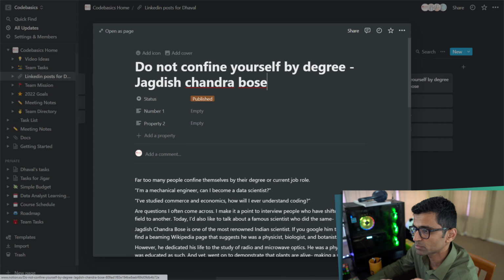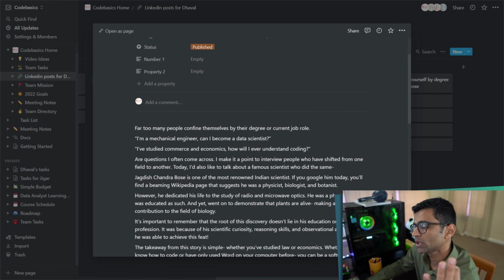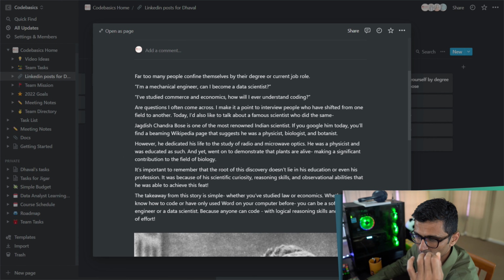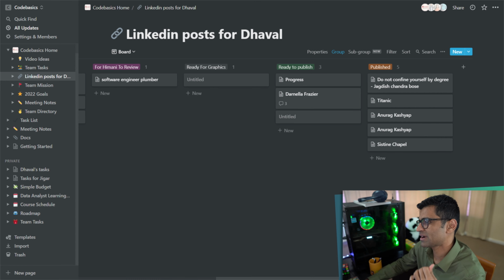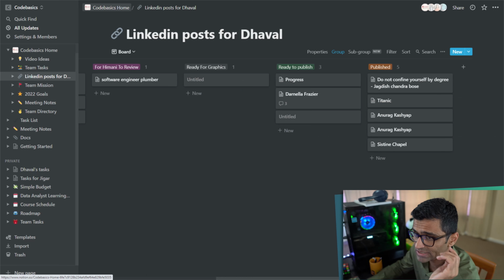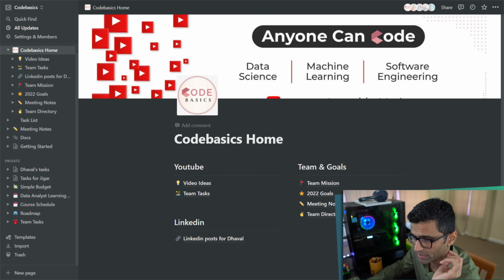For example, this is one post I published, and the Notion page allows you to write almost like a custom HTML page where you can write simple text, you can insert an image, you can do so many things. It is as if you are having this little website editor. You can put a video, to-do list, plain list, a table, and number of things. So this is how my LinkedIn page is managed.